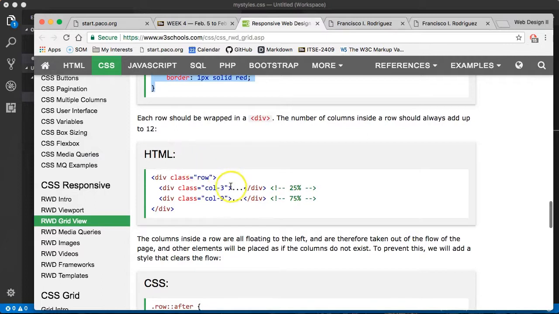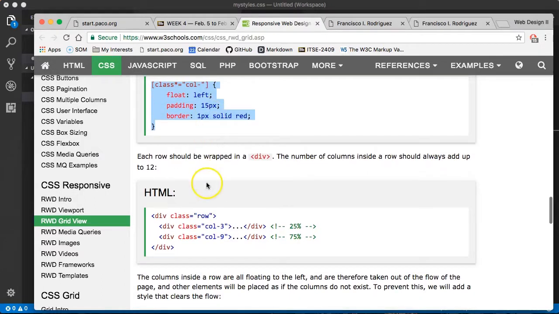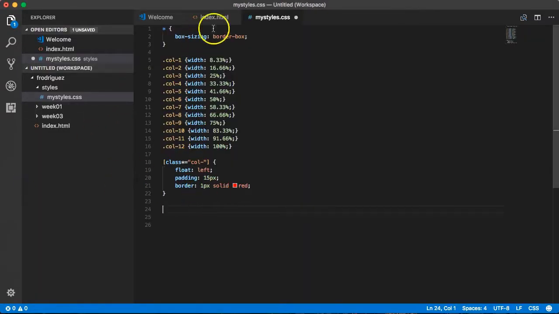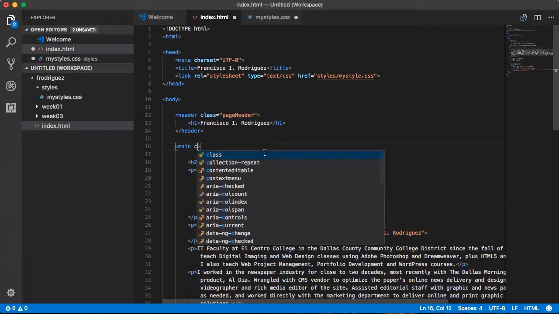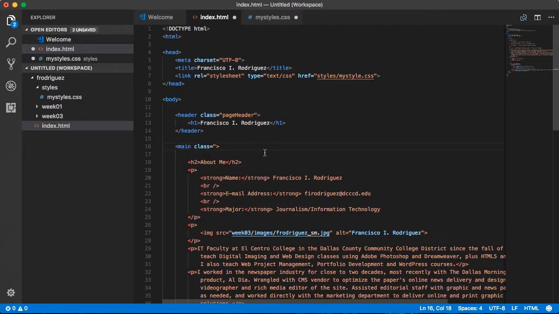So they tell us that meantime in the HTML, things also need to start to change. They say, well, whatever it is that you want to have be affected by these columns should have a class of row. And they just created a division that they're going to be using for their example. In our case, go back to index. It's going to be this main section that I created. If you just used a regular section, or maybe used an article, maybe you used a div, that's fine. Just to stay within semantics, I call it main. And this main will have a class that is going to be called row,